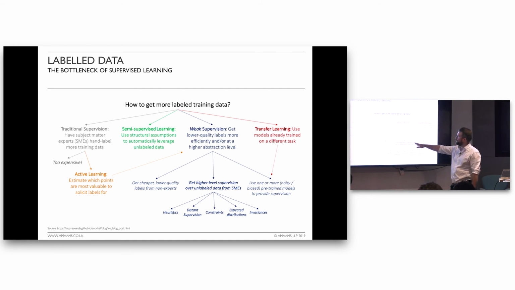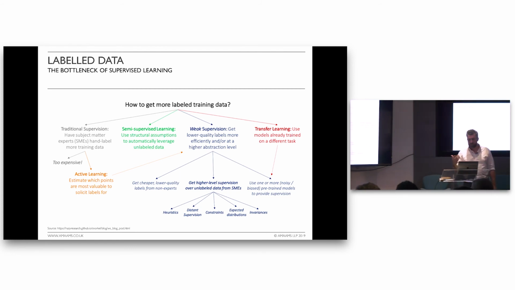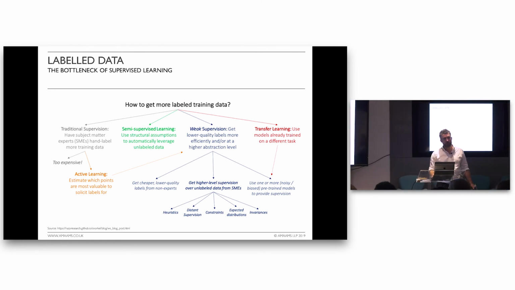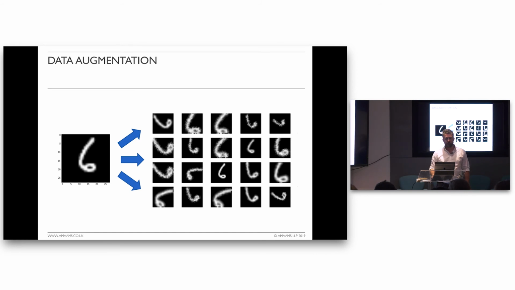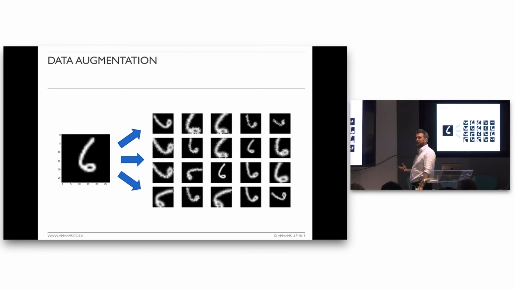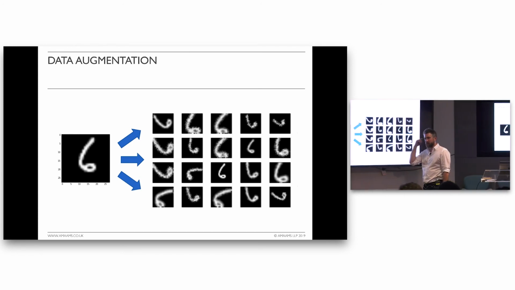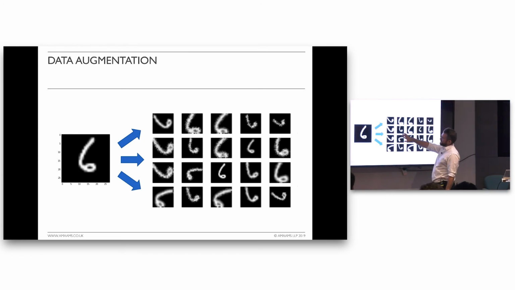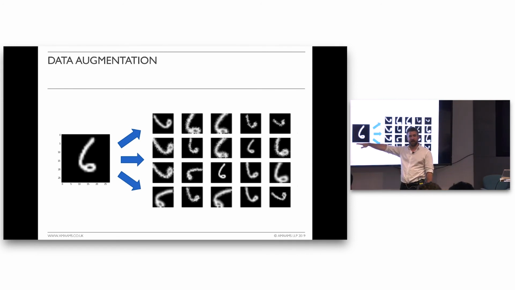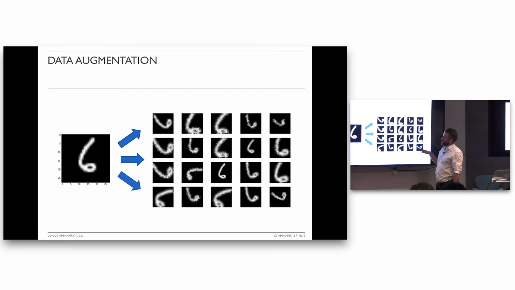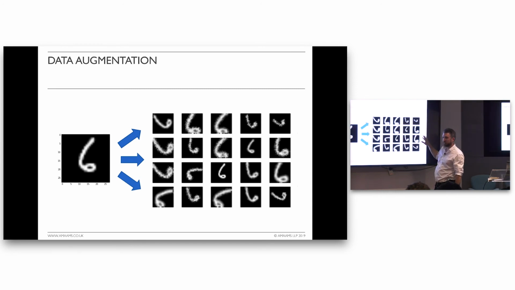Thinking about ways of doing different supervision. This is worthy of a lecture in its own right. But one of the things that we did cover earlier when we thought about transfer learning was data augmentation. How do we generate additional data for these very large network scenarios? This is a trivial example with the digit. We get the original data and we want to create more data that's useful. So here we provide some transformations so that our training set contains a whole load of different types of sixes,